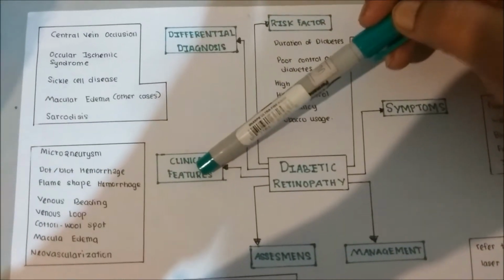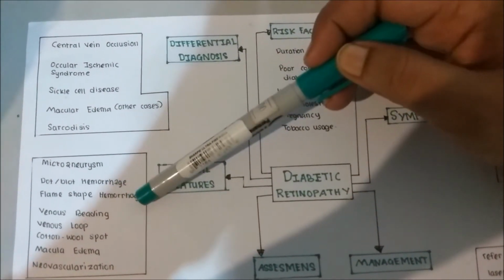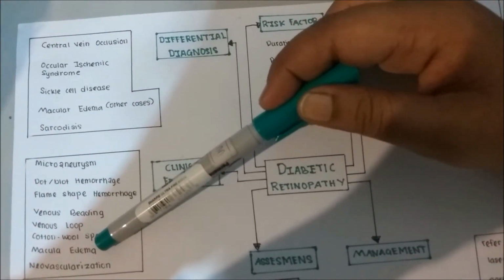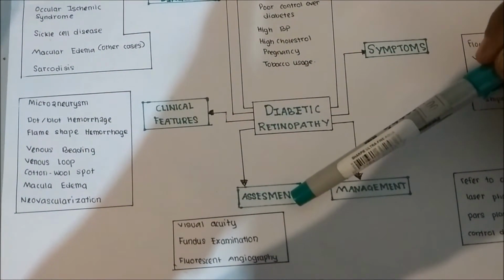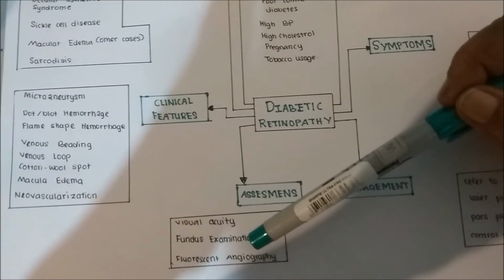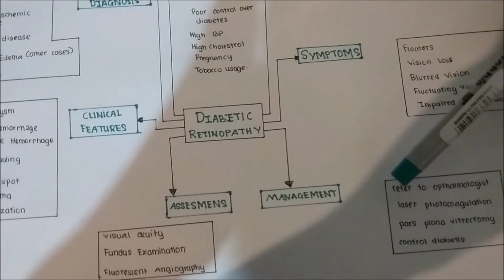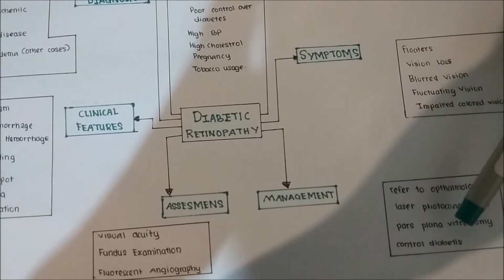The clinical features: microaneurysms, dot and blot hemorrhages, flame-shaped hemorrhages, venous beading, venous loops, cotton wool spots, macular edema, neovascularization. The assessments to be done: visual acuity, fundus examination, fluorescein angiography. And finally, the management, which is referral to ophthalmologists, laser photocoagulation, pars plana vitrectomy, and